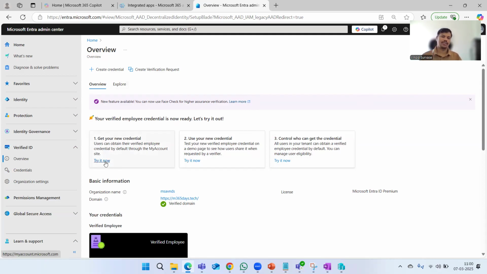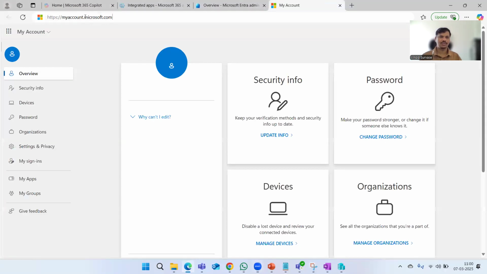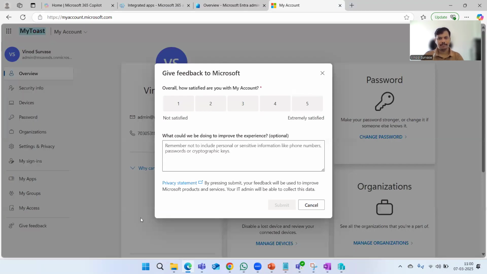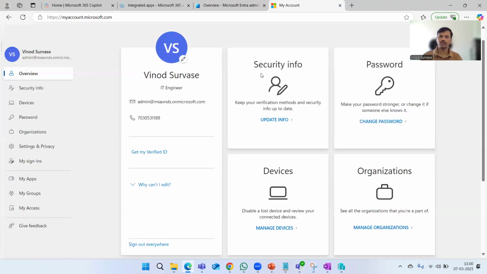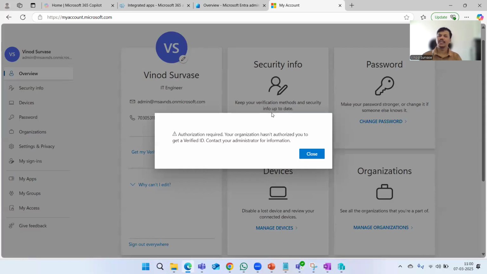If I click on Try it now, it is going to redirect, and you can see that the URL changes to the myaccount.microsoft.com page, and from there it has moved to the account page. From here, as an end user, I can verify my credentials, right? And then